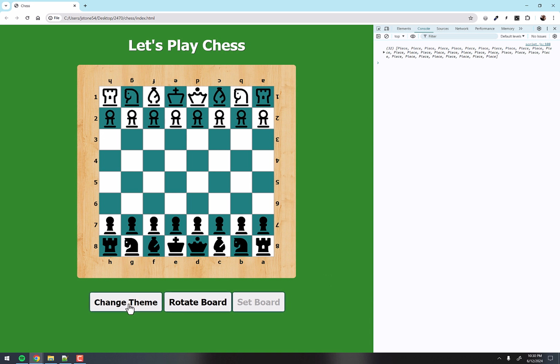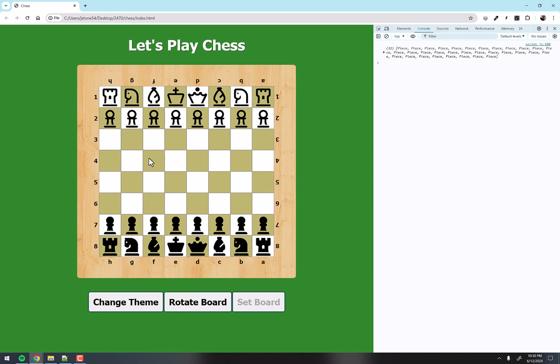Okay, so the other thing, though, is you can change the theme. And again, this is all spelled out in the instructions. But when I click that button, now we have red boards. And now we have this khaki color or whatever. And then orange and teal. Now be careful. I was thinking of making the teal color black, but then you can't see half the pieces, right? So that didn't work out very well. So you can't use that.